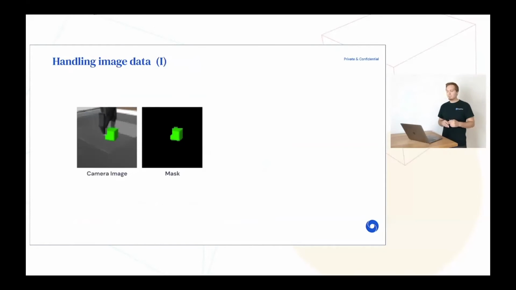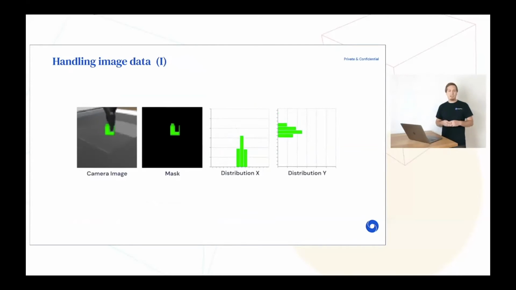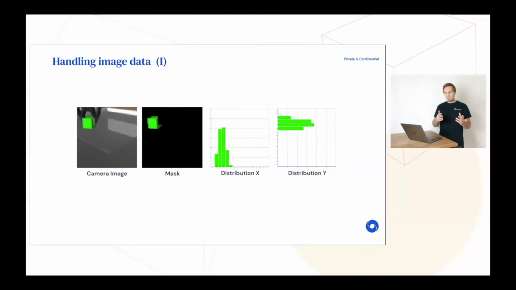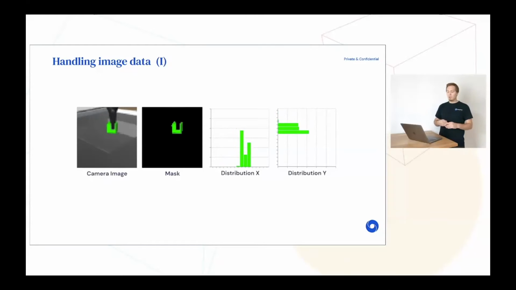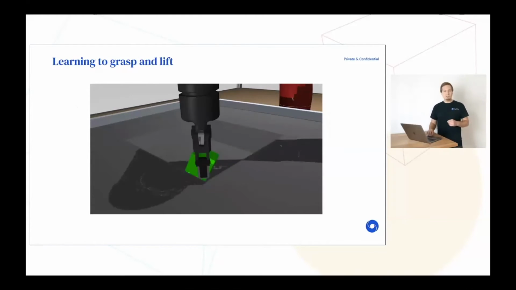We threshold the images with a bracket of the color range to derive a mask, and from this mask, we compute the distribution of active pixels along both of the image axes. We can then treat the means of these distributions as a scalar representation of that color range on which SSIs can be applied. That loosely translates to rewarding an agent for increasing or decreasing the mean position of that specific color range along one of the image axes. We use this auxiliary setup for learning to grasp and lift the color block.